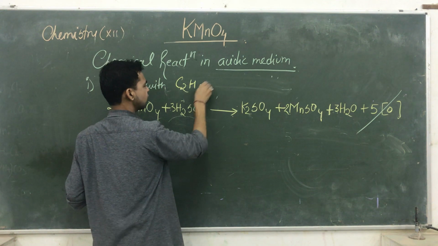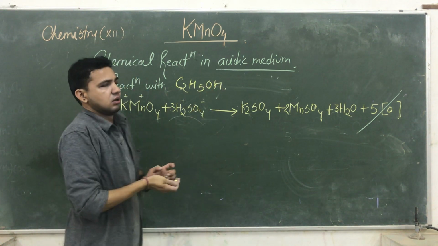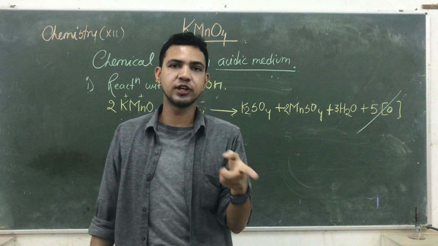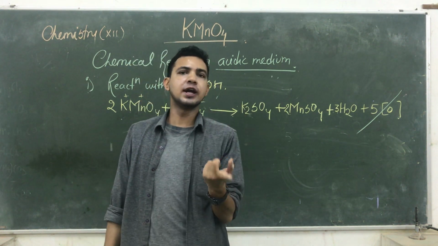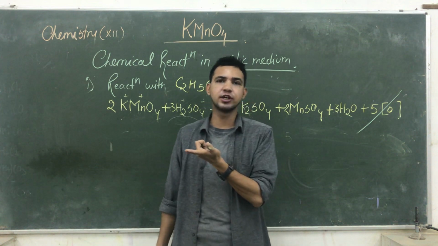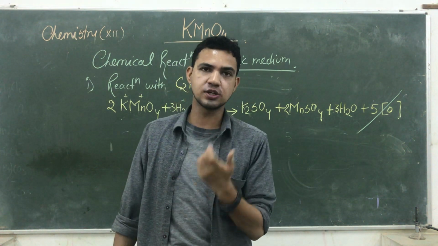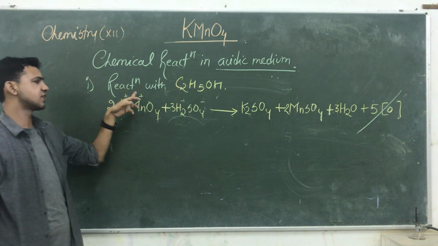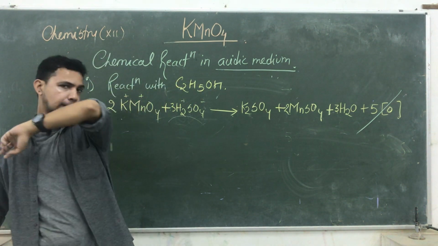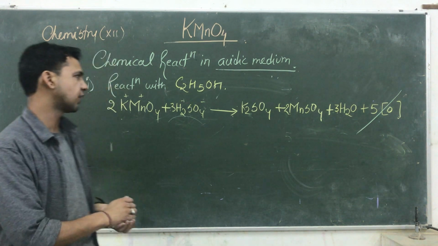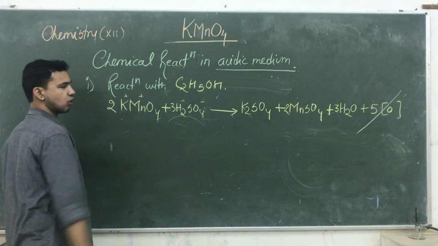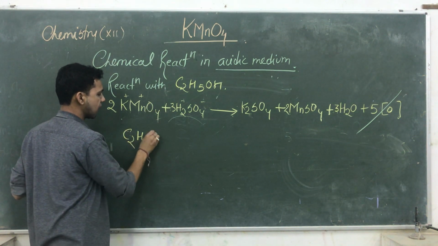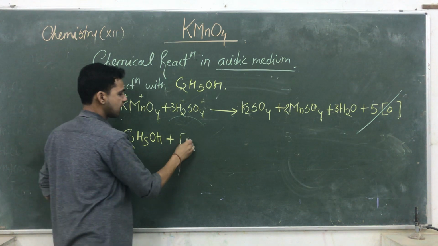Ethyl alcohol is C2H5OH. If you remember, we already taught you when the alcohol is going for oxidation, it is converting into aldehyde. When aldehyde is again going for oxidation, it is converting into acetic acid. So here the alcohol is reacting with oxygen, oxidized by KMnO4, so it is directly converting into its aldehyde. So see which kind of reaction takes place. The first step always remains same. In the second step we are taking C2H5OH oxidized by oxygen.